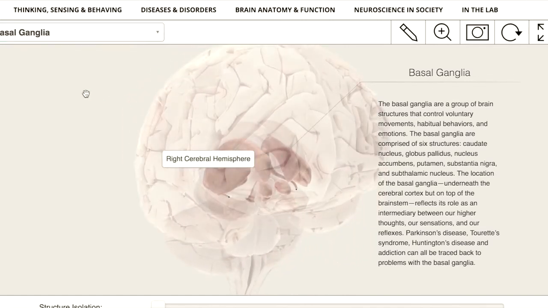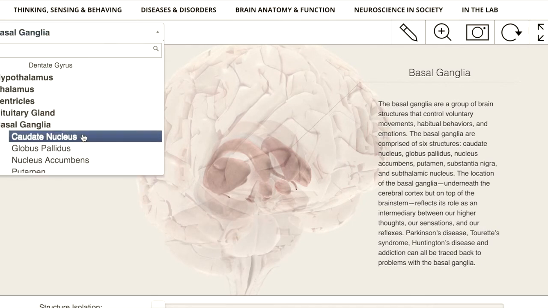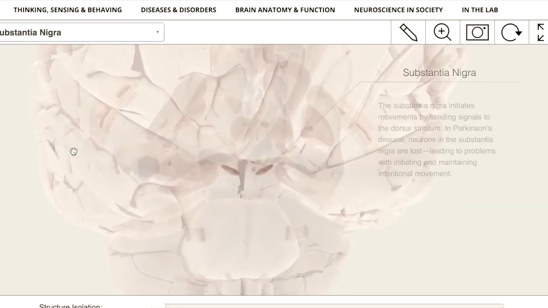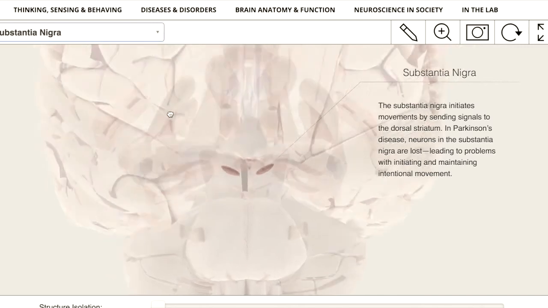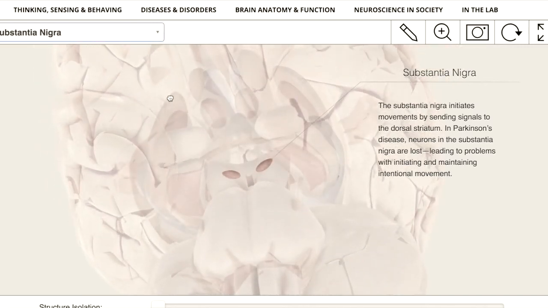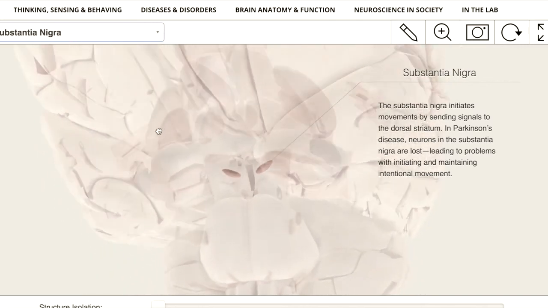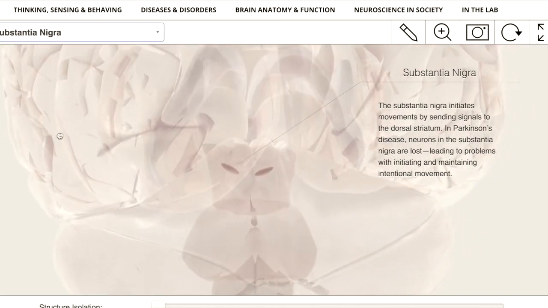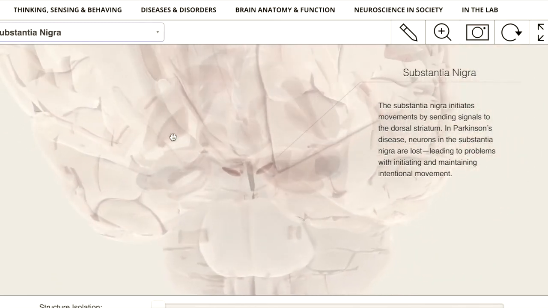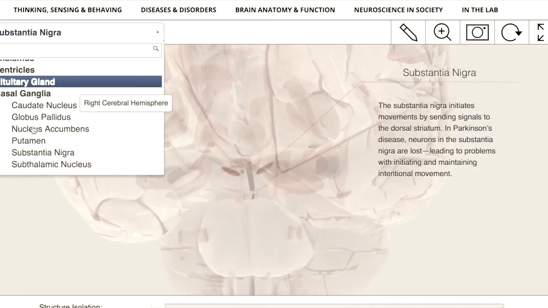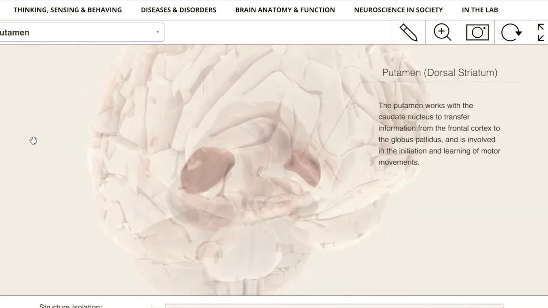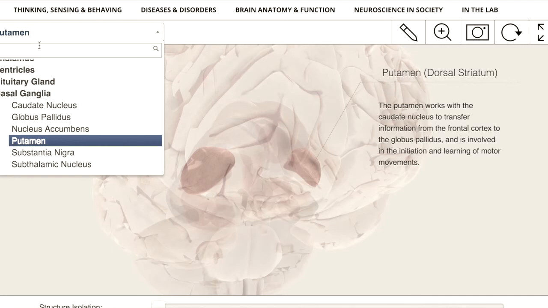So for example, there's an area called the substantia nigra. Those are little locations at the base of the basal ganglia that are very involved in the production of dopamine. And they're considered to be where the primary source of dysfunction comes in Parkinson's disease, for example. And then there are other areas like the putamen, and then there's another one called the globus pallidus,